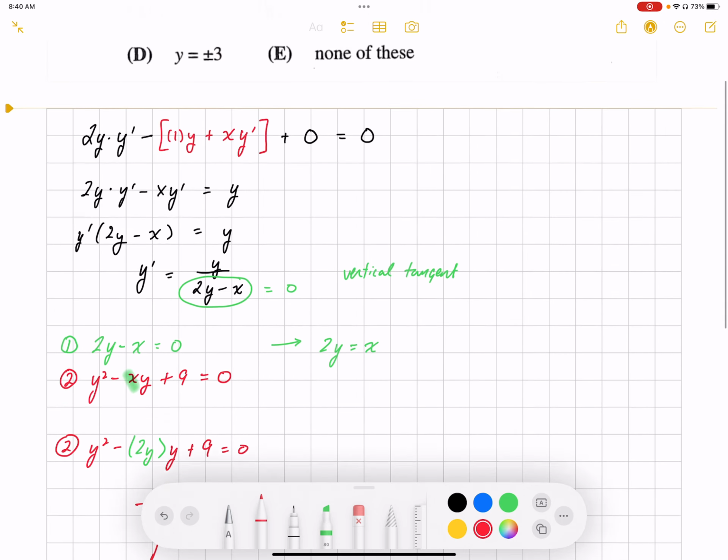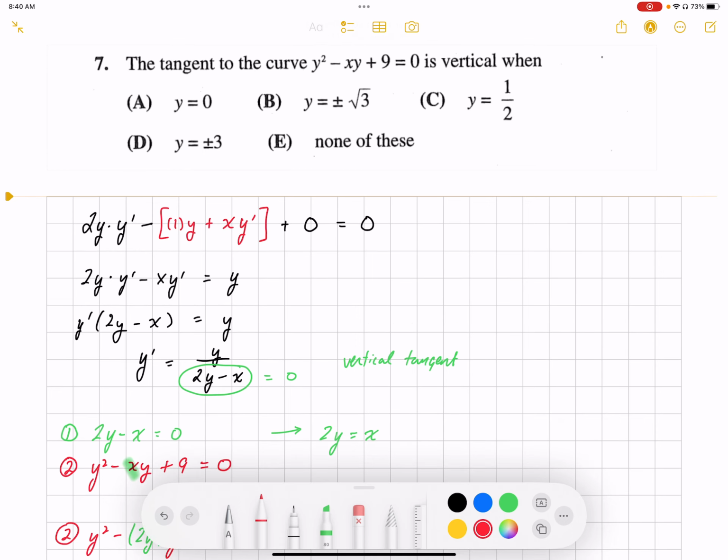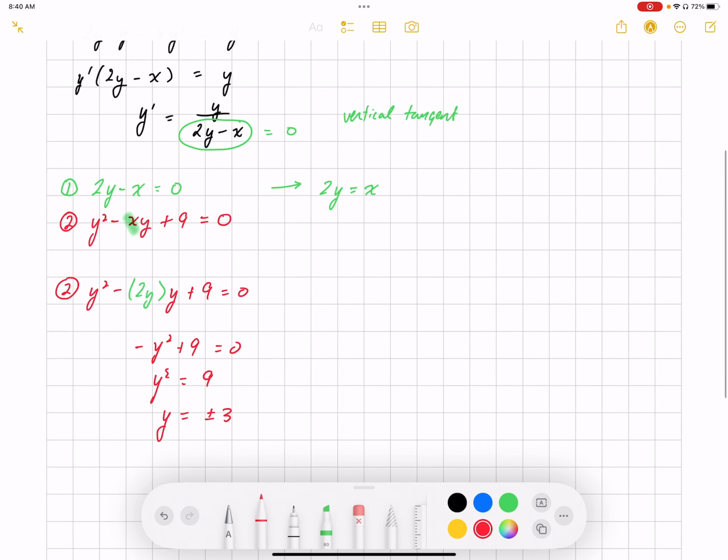Okay, if we take a look at our answers, the tangent to the curve is vertical when y is equal to plus minus 3. That's going to be D. So the answer is